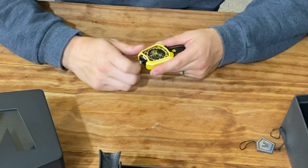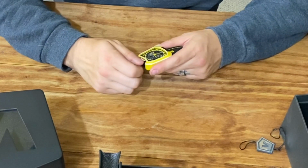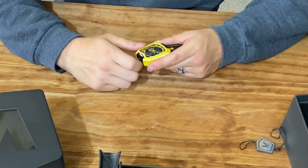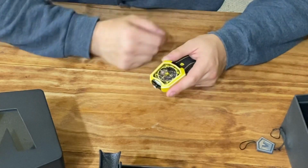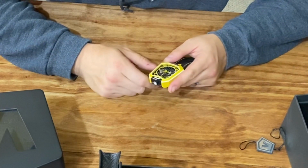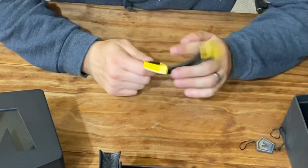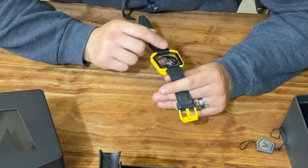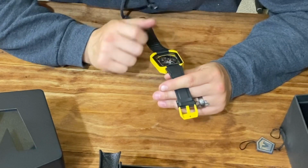Okay, and there it is. Let's set the time right now. It is, we'll say, 9 o'clock. Functions of the watch seem to be fine. It is not hacking. The tourbillon is still going. Go ahead and set it. Oh man, I'll be honest with you. This thing, even the back, it's got a serial number right here along the bottom. Tourbillon, titanium, Aventi A-10,